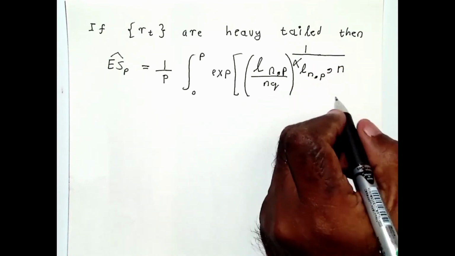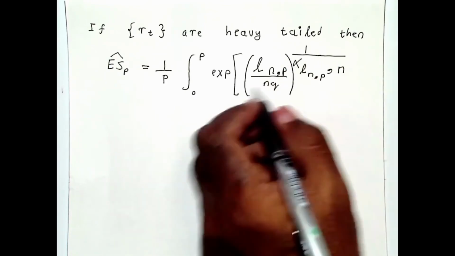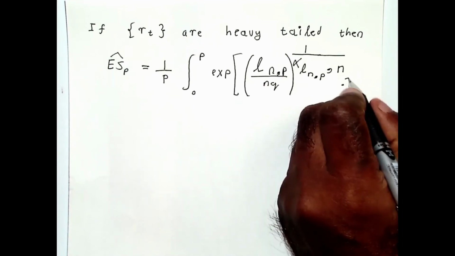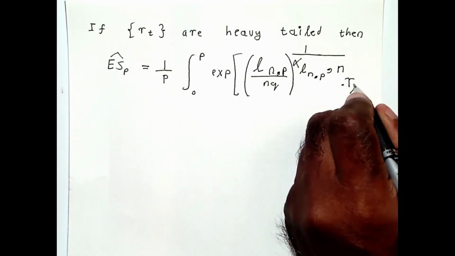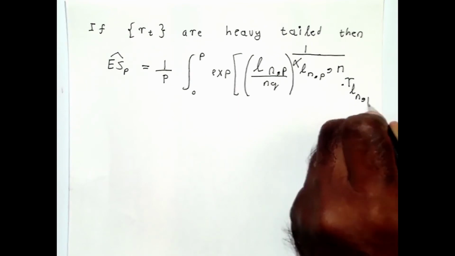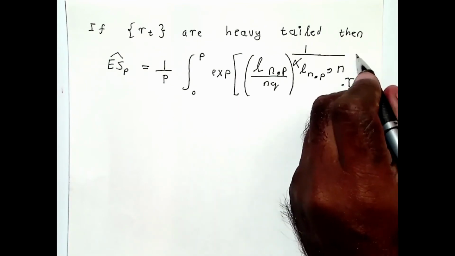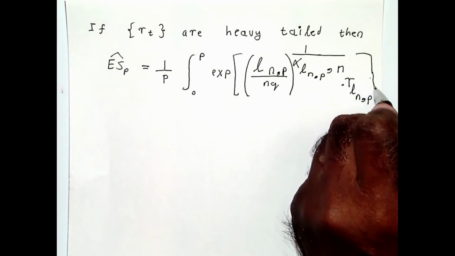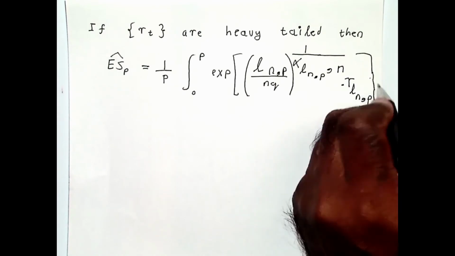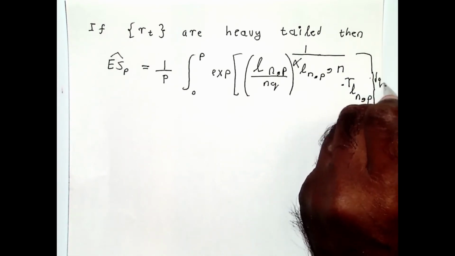Okay, then this whole thing here multiplied by r of L_n comma p, then close bracket dq, so integration is with respect to q,